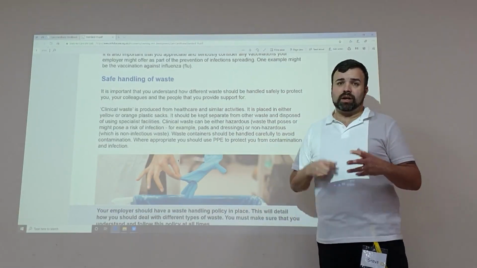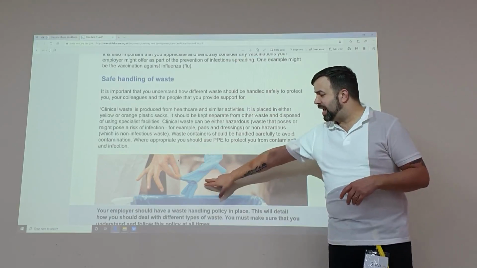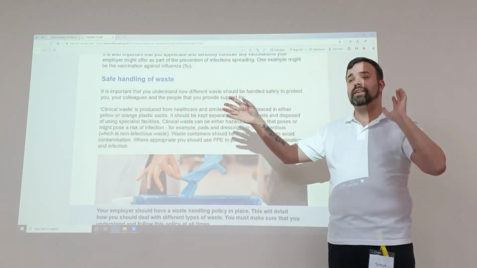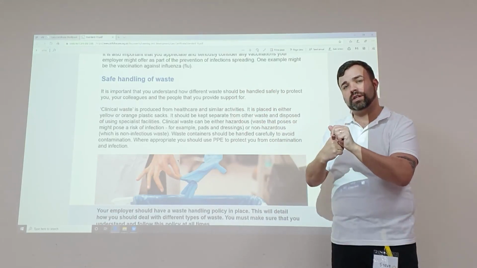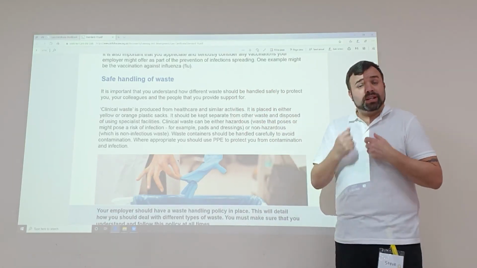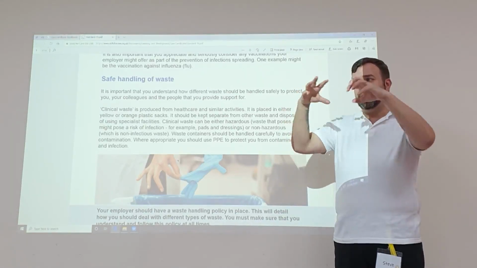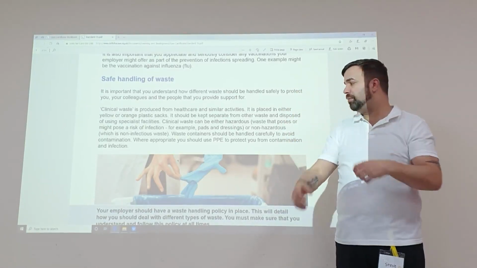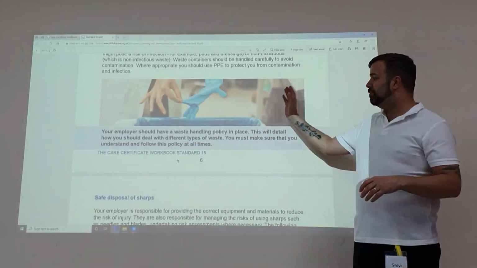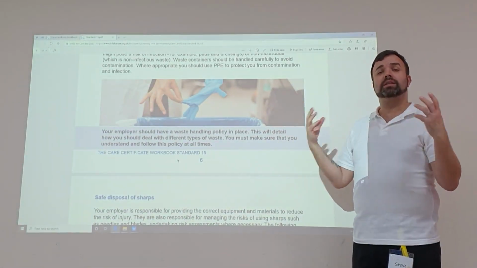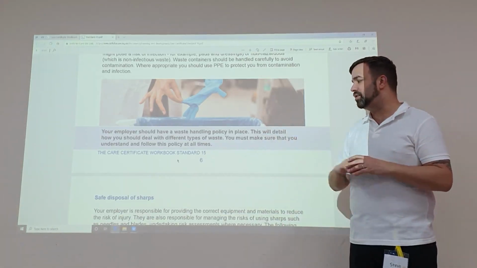So when we take our gloves and apron off, here you can see that we fold our gloves into each other. We don't leave them as separate, they go into each other. Again, our aprons, we can take those off, we can hold them in our hands, and we can pull the gloves over the whole apron, keeping the infection inside the apron and the gloves. It's important you follow the clinical waste procedures with PPE and understand your policies,